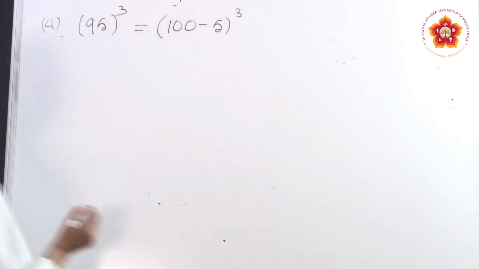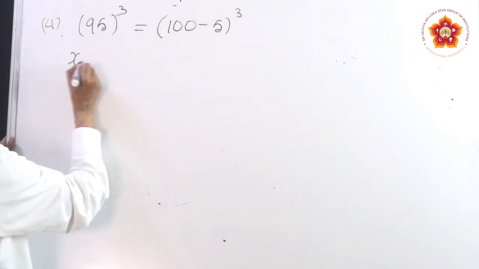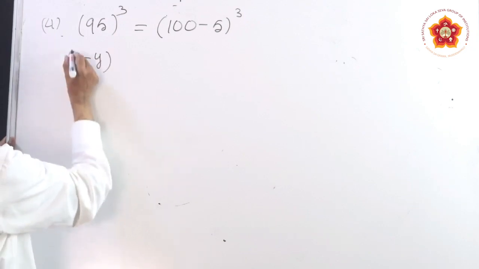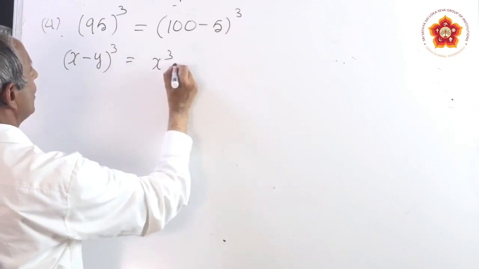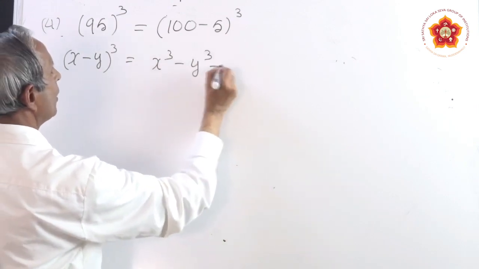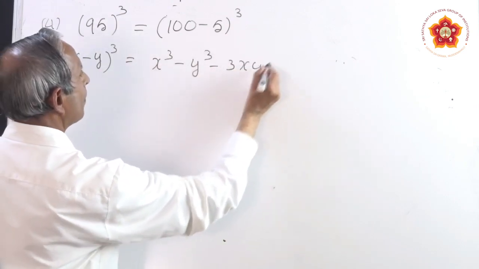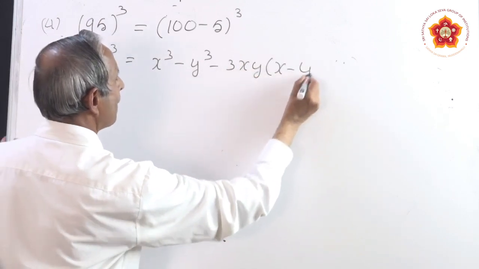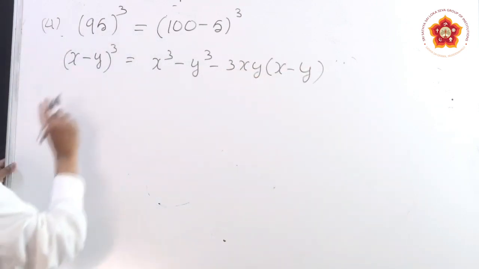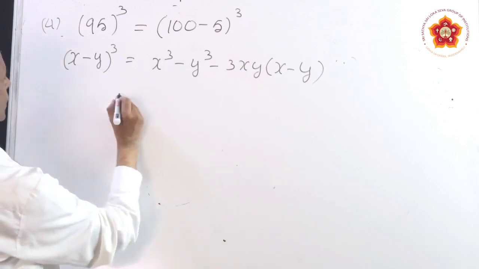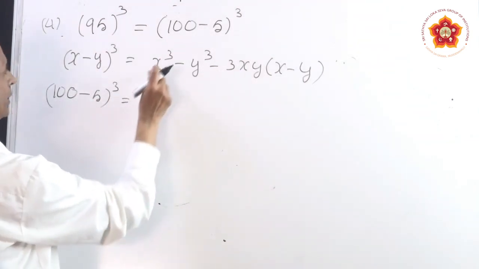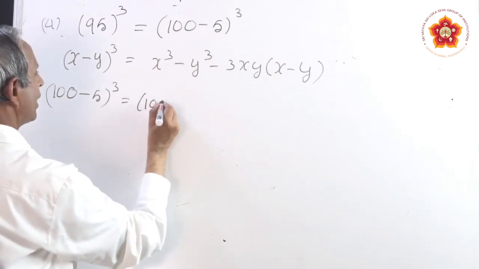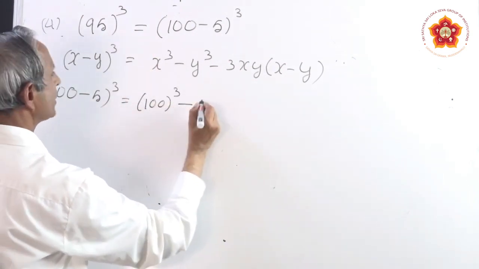Therefore, you have to use the identity x minus y whole cube is equal to x cube minus y cube minus 3xy into x minus y. Now substitute here: 100 minus 5 whole cube is equal to, instead of x 100 is there, write 100 cube minus 5 cube